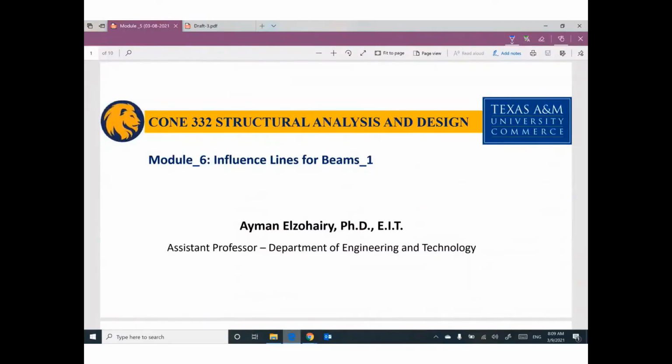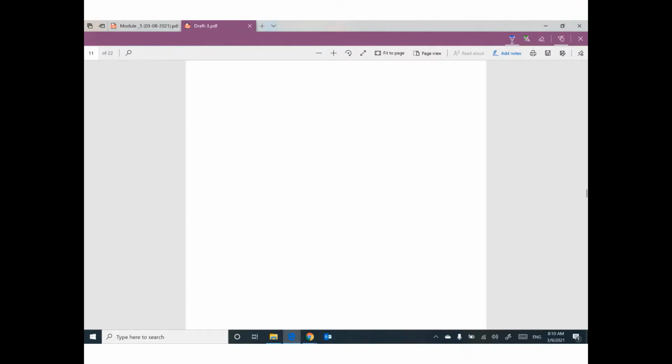Today, we will start a very interesting topic called influence lines for beams. Actually, we should learn influence lines for frames and for trusses, but in this course, it is enough to learn the meaning of influence lines for beams. Before starting,